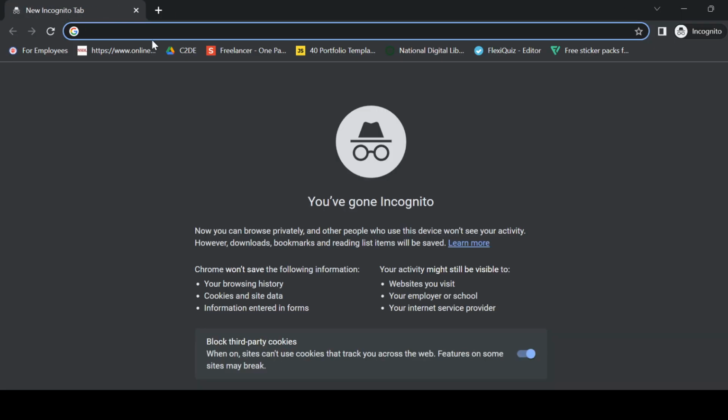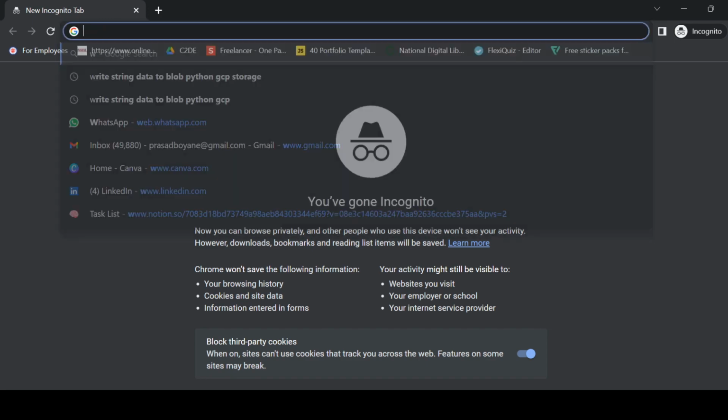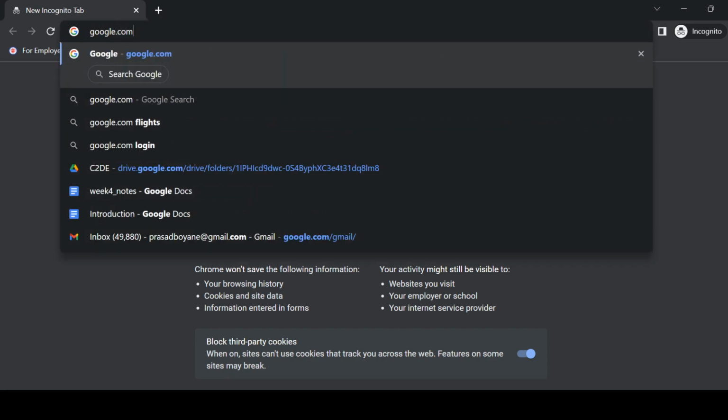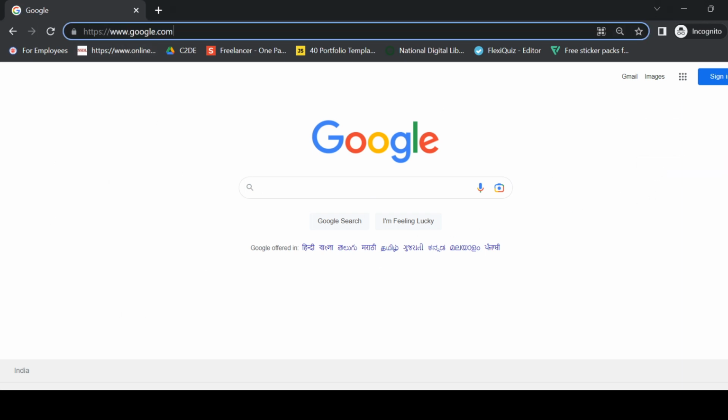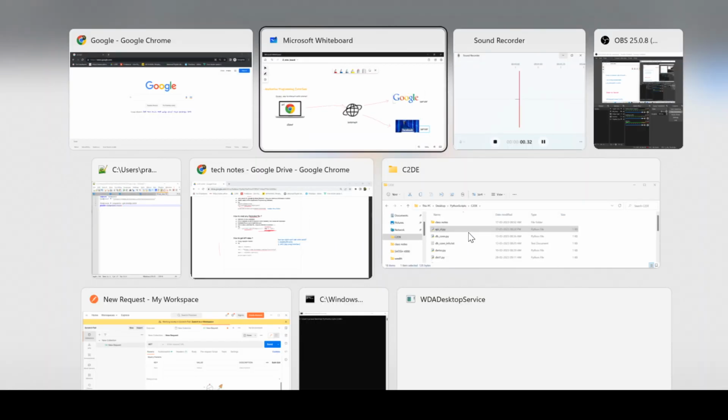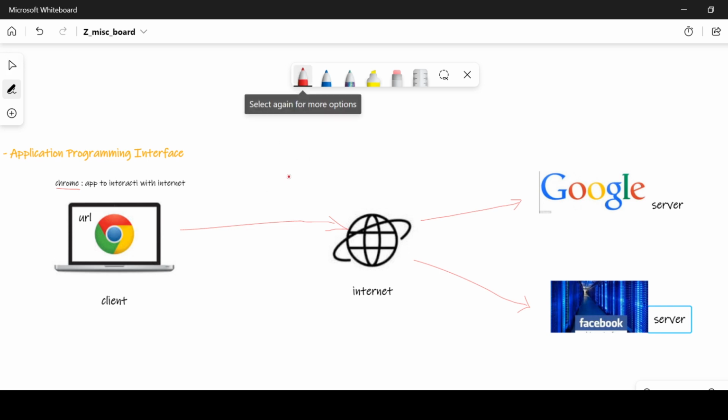Okay, a simple demo. If you type google.com, this google.com is basically the Google server. It was redirected via the internet to the Google server, and whatever code Google has written came to my local machine. So the flow is basically: